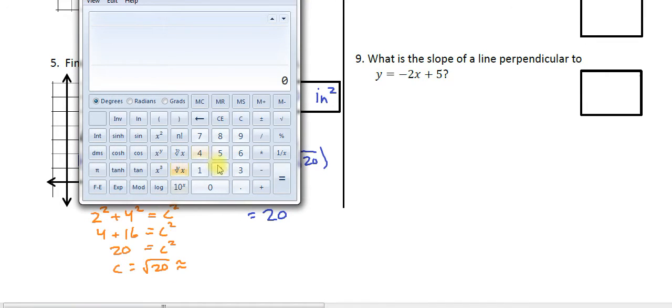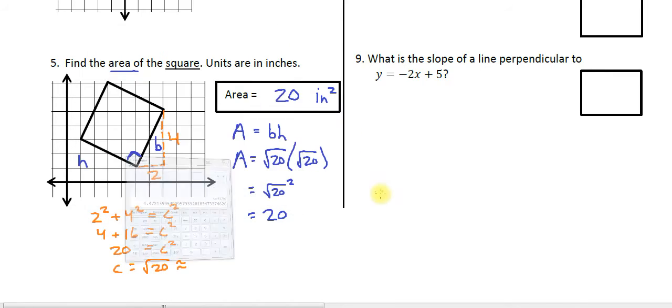Hang on one second, let's find it. So the square root of 20 is 4.47, so we'd round it to 4.5. And if you use that to figure out the area, it'd be 4.5 times 4.5, and you would end up getting, let's check that out,